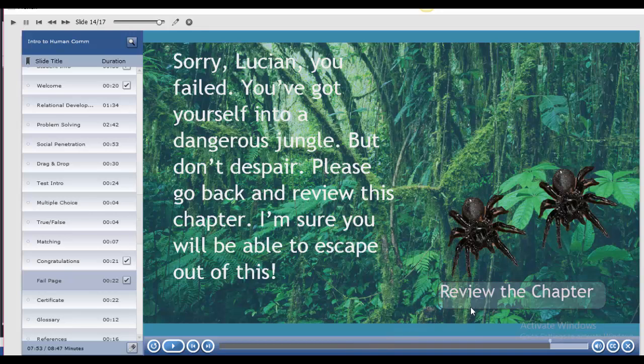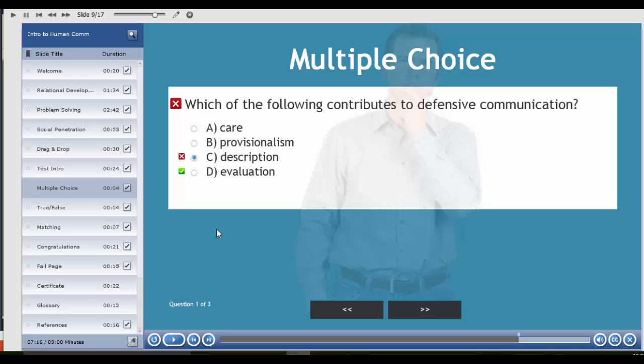Suppose the student now will click this button. It goes all the way back to review the chapter and then comes back to the test and has done all the questions correctly. Let's see what will happen. Now, what happened is that I designed the test to be taken with one attempt. So after their first attempt, when they come back and try to redo the questions again, all of the questions answered wrongly and all of the answers chosen wrongly will be marked. And then the correct answer will be marked as well. But if you allow the student to come back and redo it,